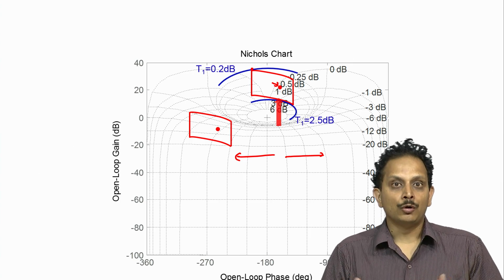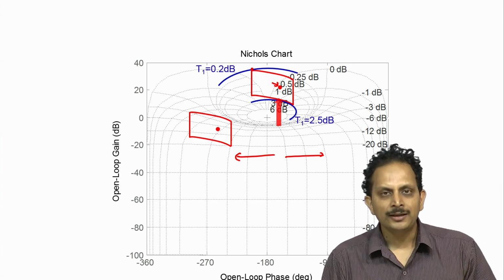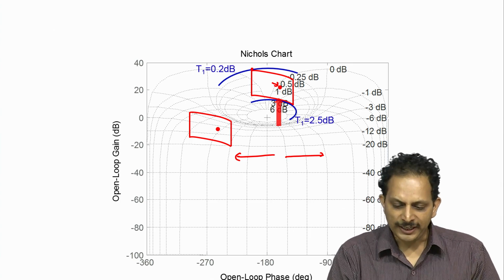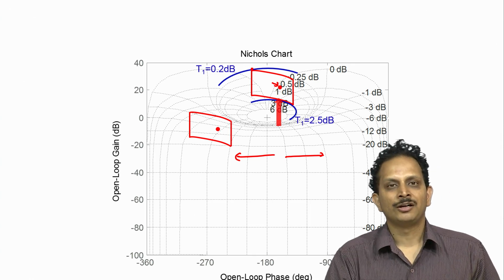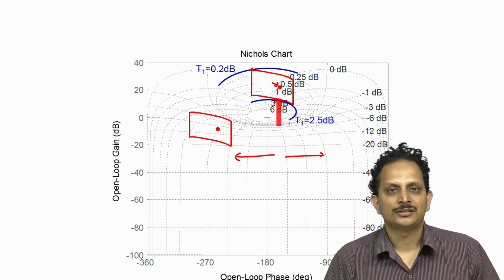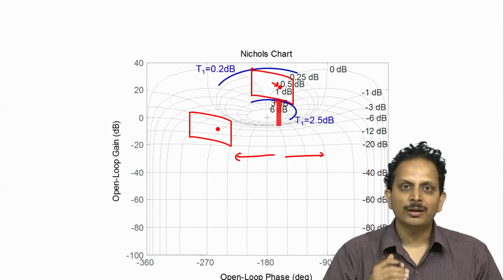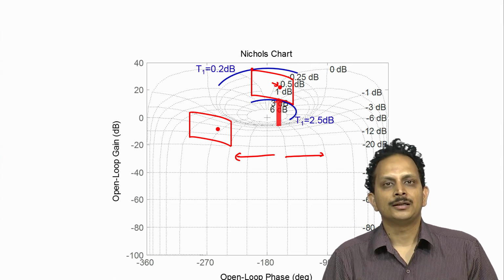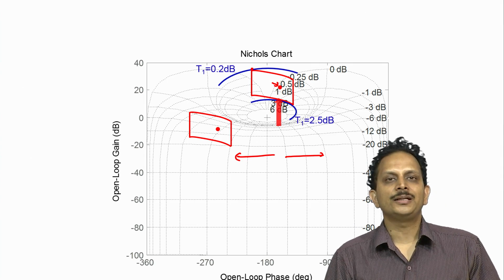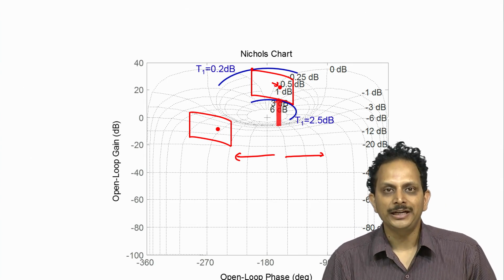So since we do not know whether our controller is likely to add phase lead or phase lag, what we need to do is that at each of the angular positions, which are the potential locations where the plant template can sit depending on how much phase lag or lead the controller can add, we have to determine the extent by which the plant template needs to be pushed up in order for the difference in the transmission functions within the plant template to be within 2.3 dB.